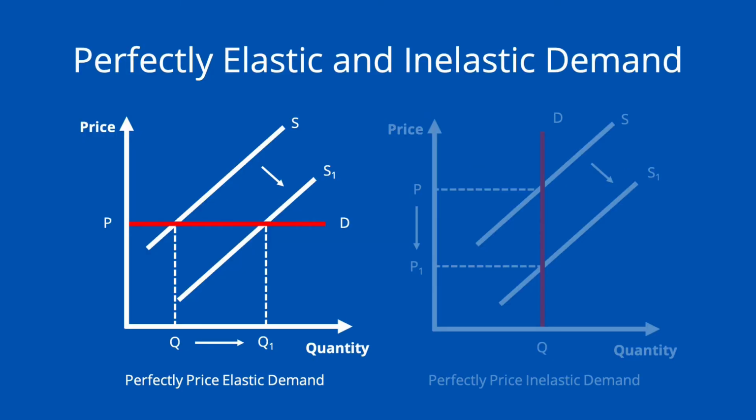As mentioned earlier, there are two extreme forms of PED. These are when the demand curves are perfectly horizontal or perfectly vertical. The first diagram shows the demand curve of a good with perfectly price elastic demand. The PED value here would be infinite, as increasing prices, even by a little bit, would cause demand to collapse